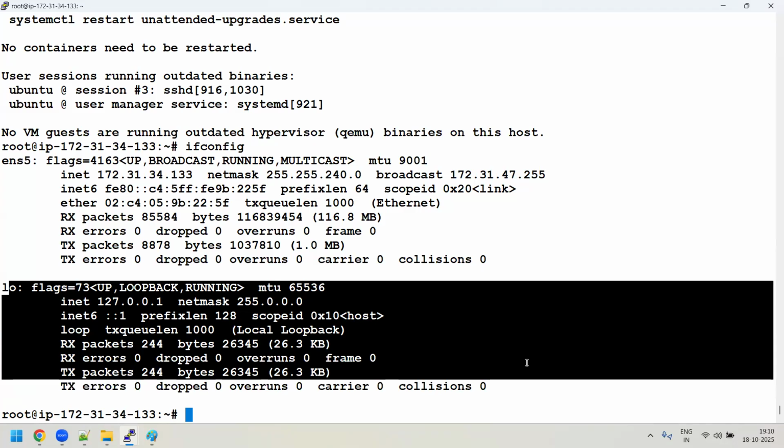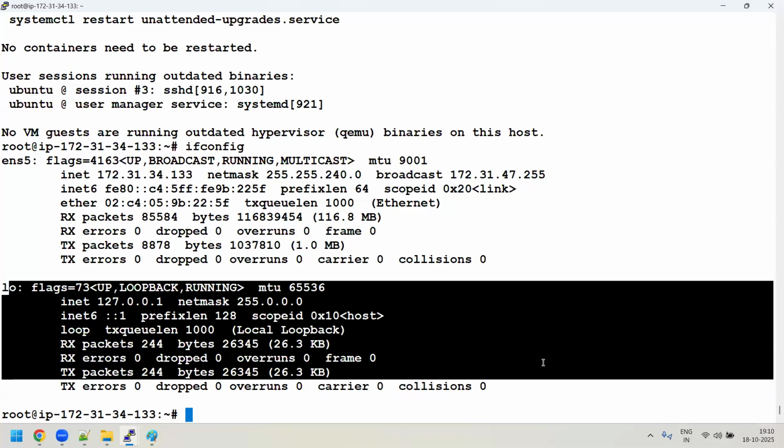Simple. This is a very, very basic understanding about networking, guys. How do you tell whether networking is there or not in your system? By just executing this ifconfig command, you'll get to know. Some people may have disabled it, some may have enabled it, and with that you will get to know whether networking is there or not in your system.